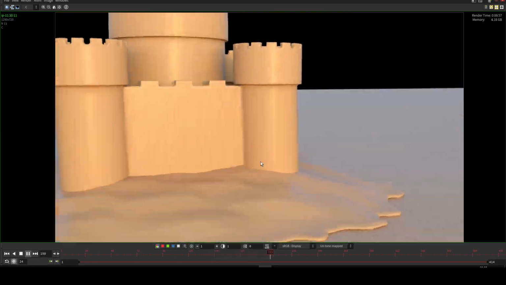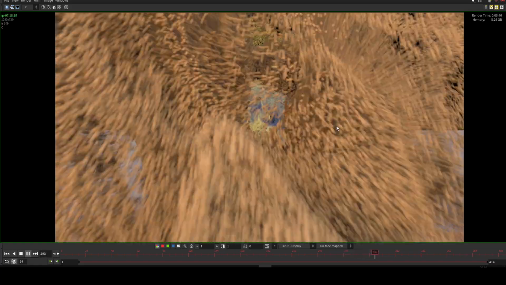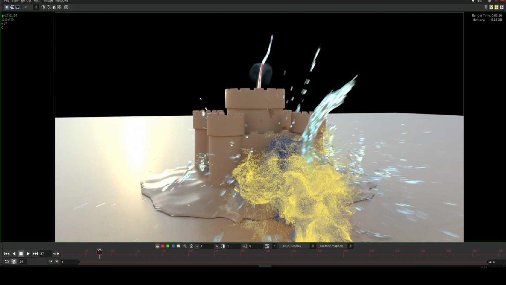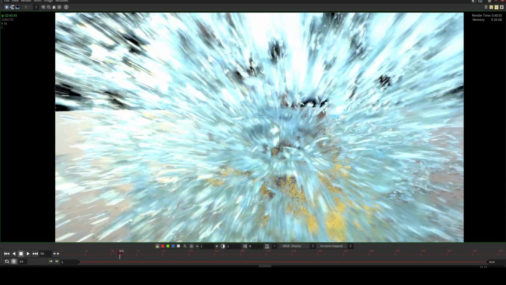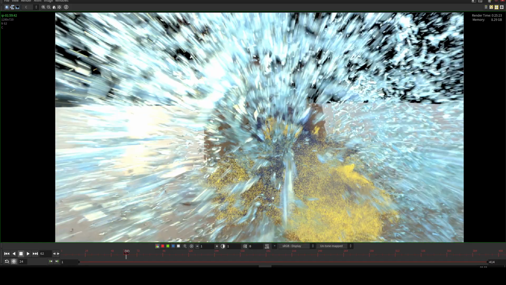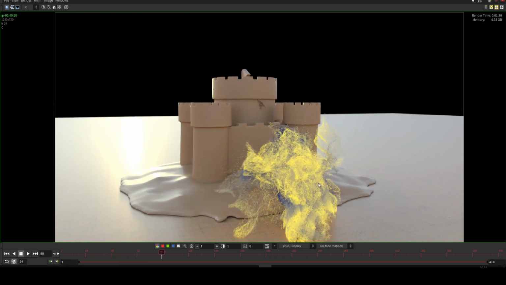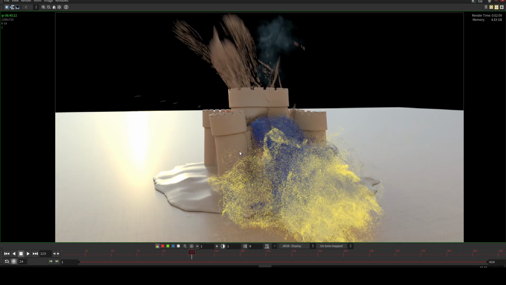So this is the magical dust. We use some VEX to drive the simulation. So here I simulated also water. The water is inside this tower, but then I removed it, I just like the look of it coming forward to the camera. Okay, and this is the magical dust. Also we have some smoke,